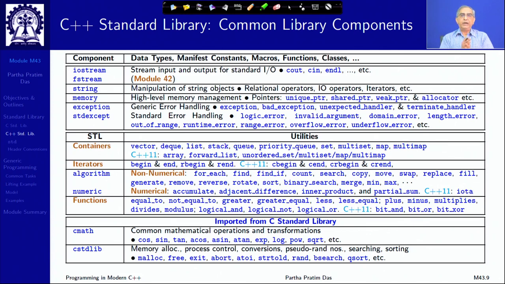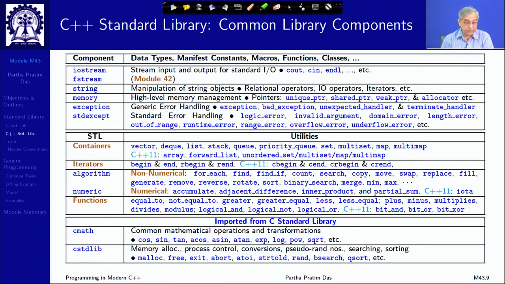Like in C, you did not have support for data structures, only array is available as a language feature. Using pointers, we had to build up linked lists of every kind, but anything beyond that, whether it is a stack or a queue or a priority queue, or if I want to do a hash map, anything, the programmer had to create his or her own library for that. So, that has been strongly facilitated in C++ by providing a number of containers, almost a complete set of what you will need. This resonates with what you have in Python,